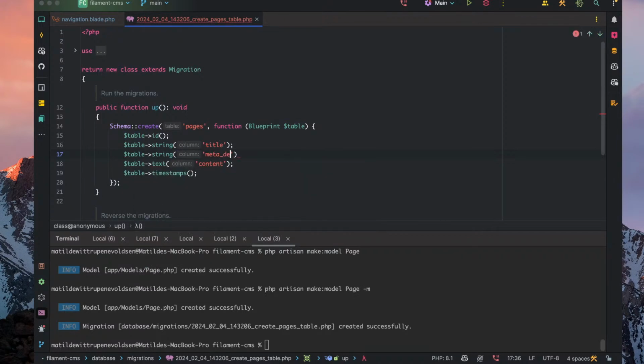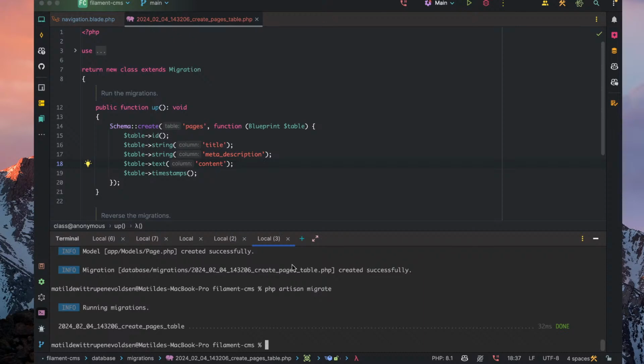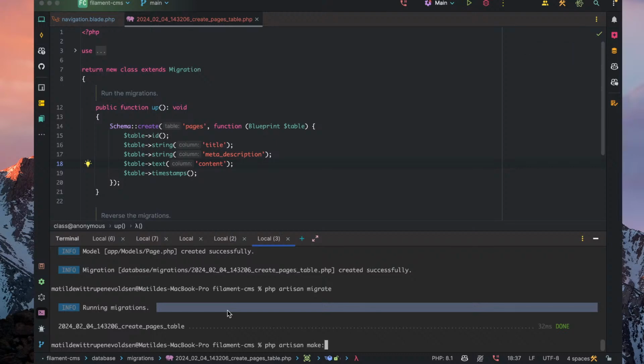But outside that, I'm going to leave it for now with any other details, and we will just use Grape.js only. So I'm going to go ahead and migrate this. Perfect. So with that sorted, let's go into Filament PHP in a minute after we create this Filament resource,